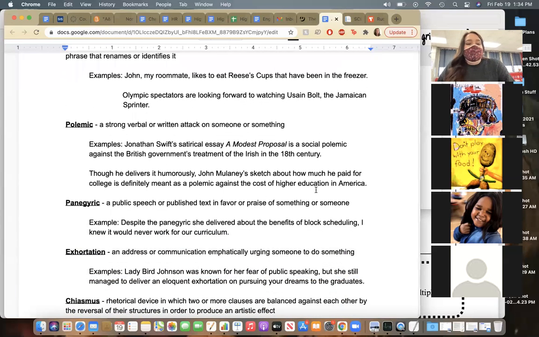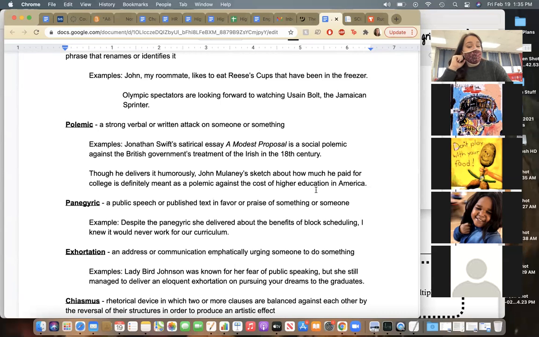The next one is polemic, either way, a strong verbal or written attack on someone or something. So for example, we did not look at this in here yet, we will. Jonathan Swift's satirical essay, A Modest Proposal, is a social polemic against the British government's treatment of the Irish in the 18th century. Another example I have here